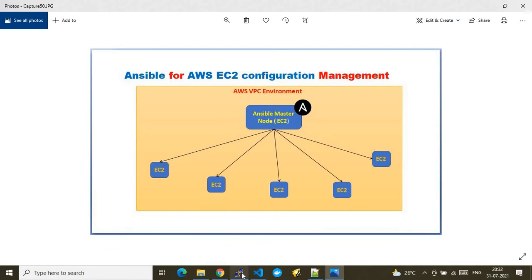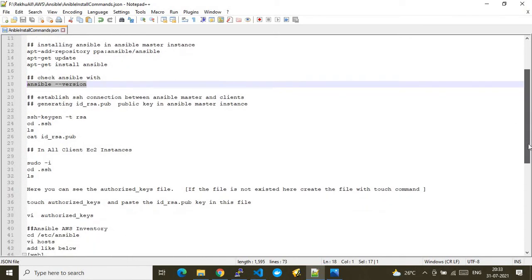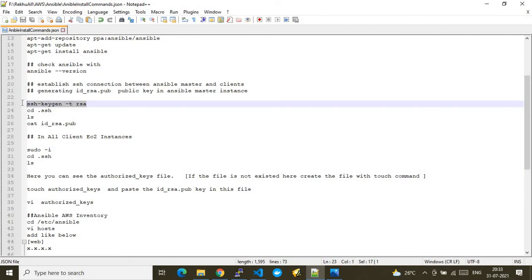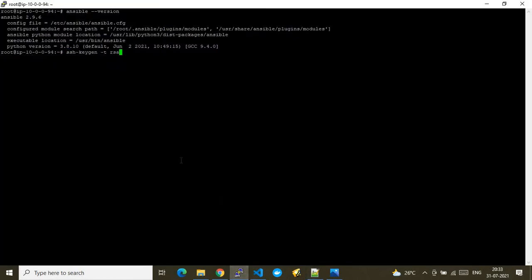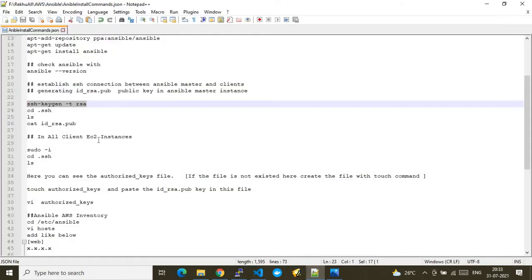Okay, yeah. So for that, we have to do the next step. These are the commands which will help me to do the next steps. First one, I will generate a public key of my master node. Okay, so let me do that now. So here I'm just running the same command. I'm not making any changes. Let's keep it by default. I'm just taking all the values as default. Here you go. It has successfully generated a public key belonging to this node, which we are now making the Ansible master node. Now let's go to the next command.